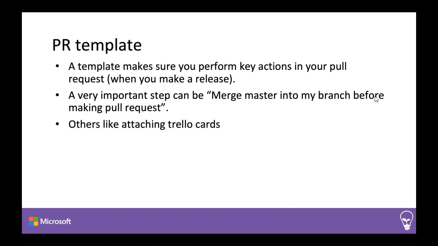But something you may not have noticed is a pull request template. That is something I snuck into the Git repo that you may not have noticed. And this is where you can put in point number 2, merge master into my branch before making a pull request. So if we go back to the example with merge conflict,